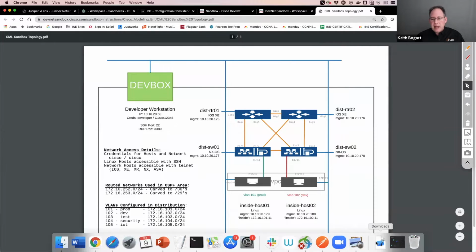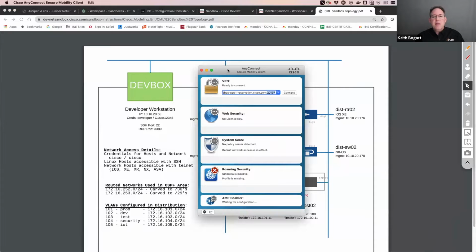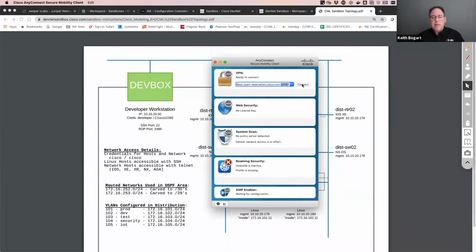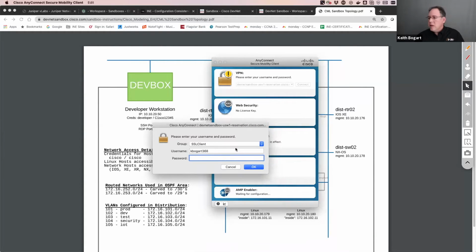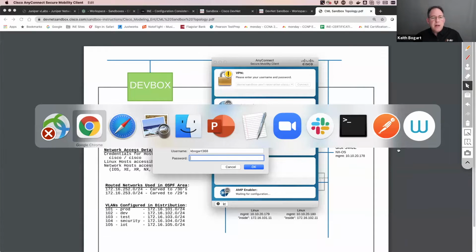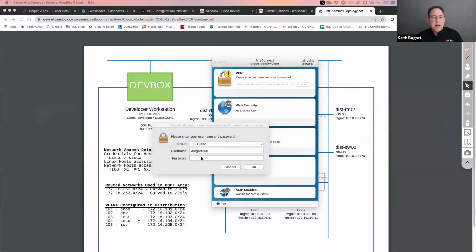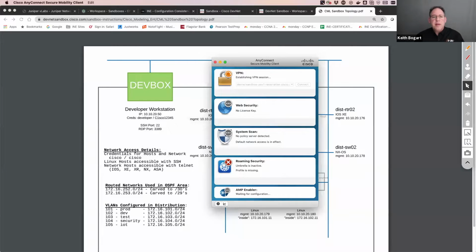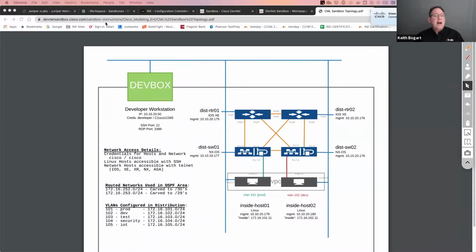Now let me go ahead and VPN in myself. Okay. So, the credentials I'm typing in, I got from an email that they sent me. I showed you an example of that email. So I'm just going to go ahead and type in the password. Okay, good. So the VPN is now connected. So now I can just go to that IP address of